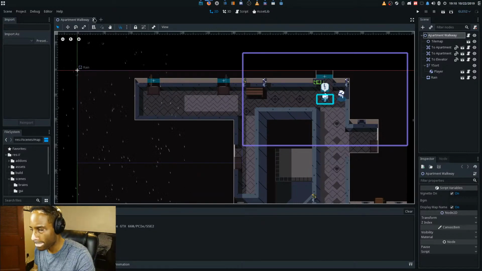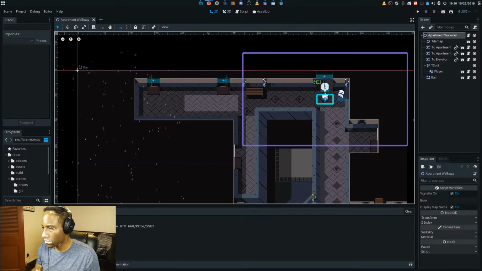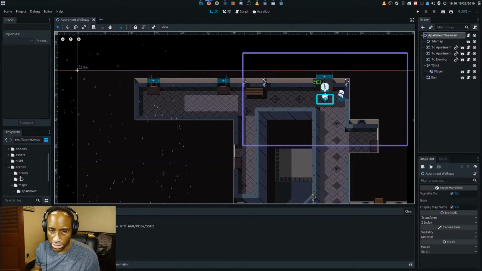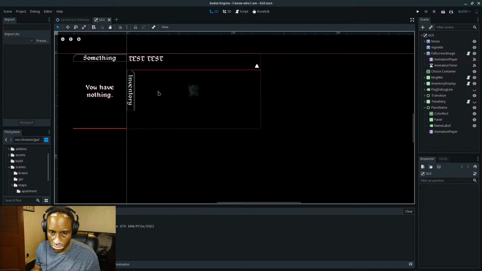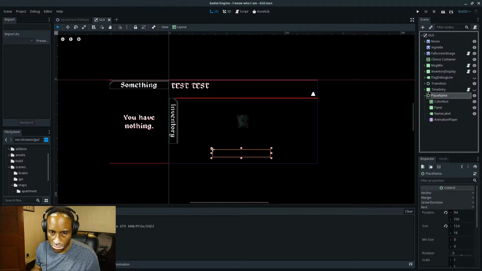Okay, so what we're going to do is head over to the GUI scene. And we're going to basically duplicate this kind of idea, where we have a panel with a button on it that slides out from the right-hand side and gives us some options. So let's go ahead and do that.